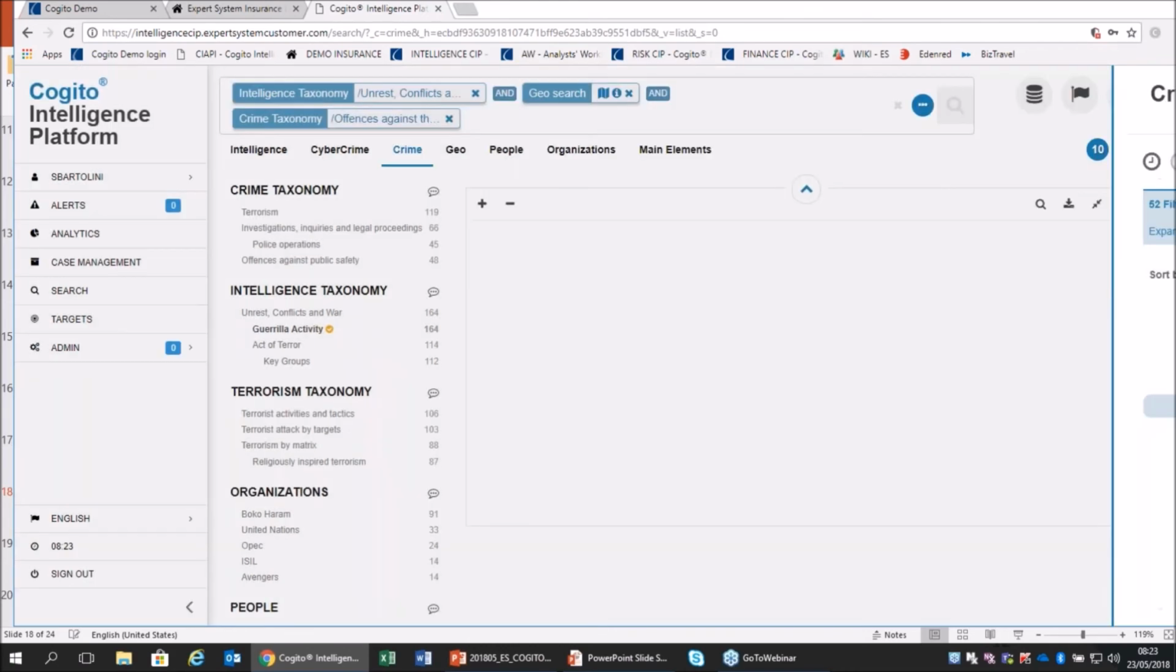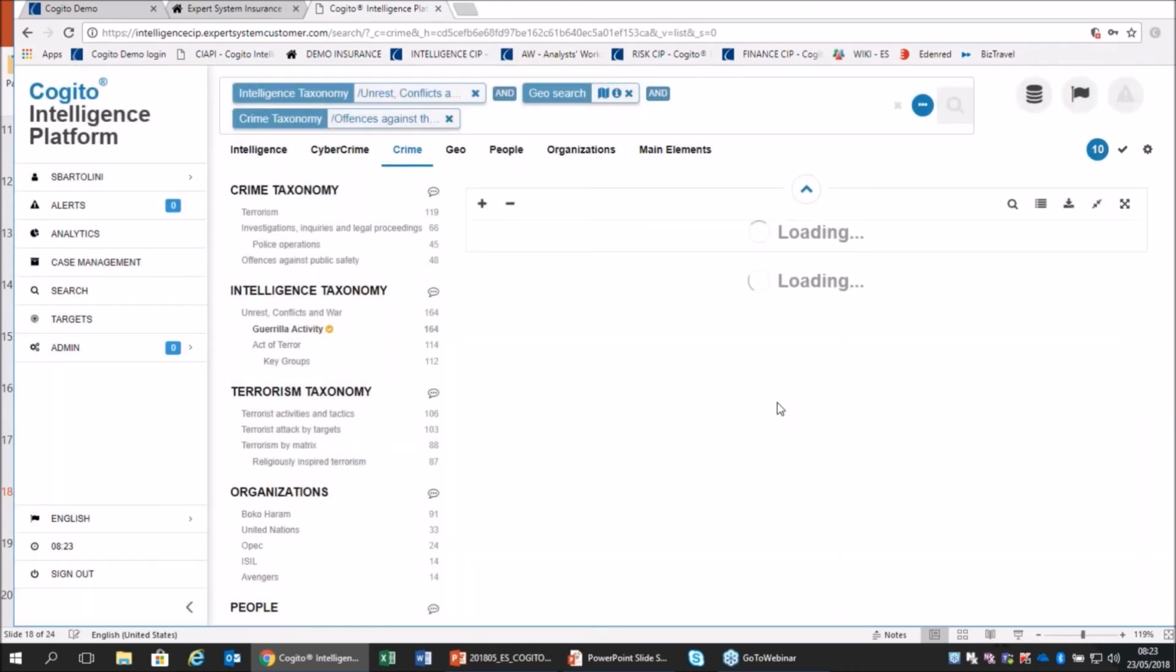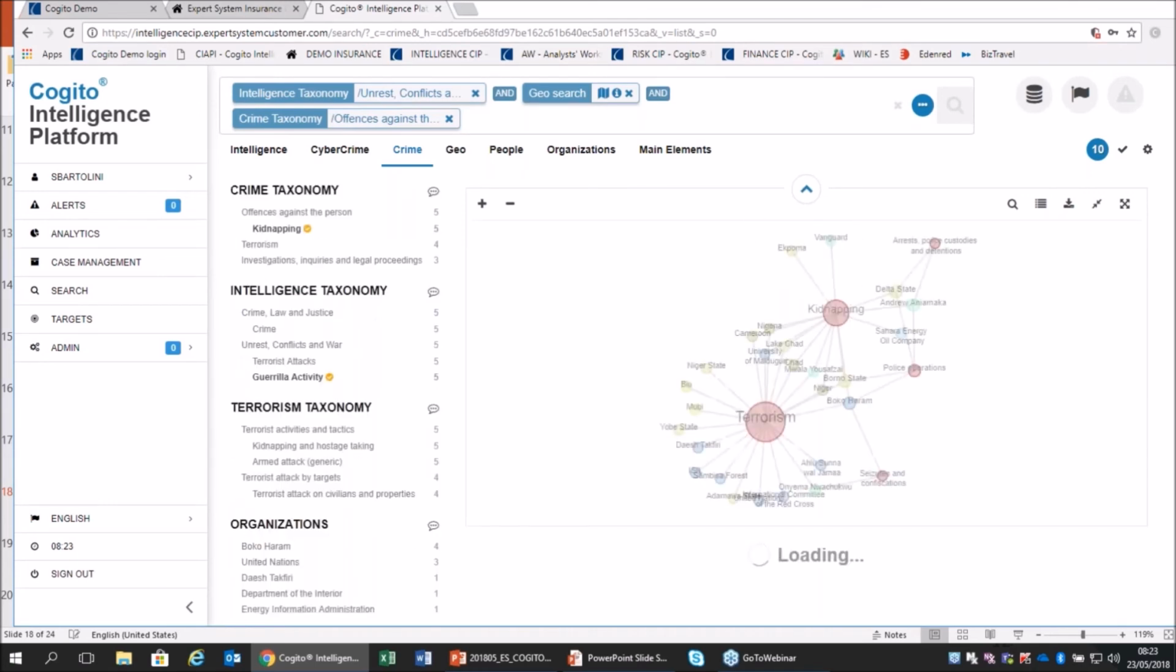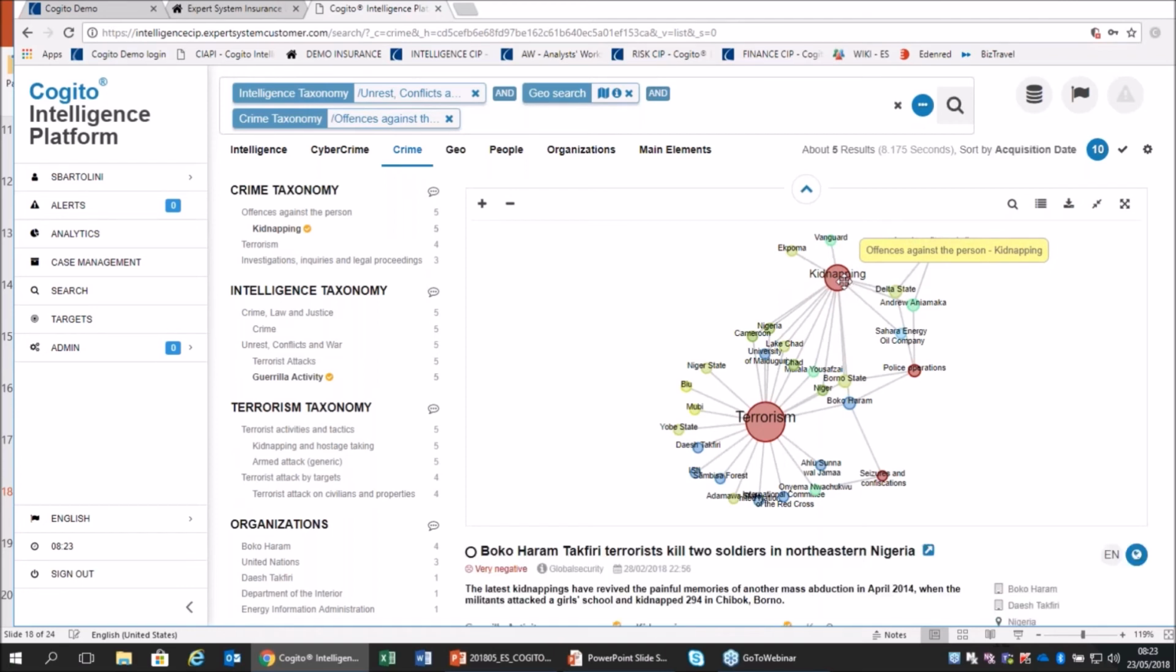So I select it, and what I can do now is explore the conceptual map. For example, here is my kidnapping, and I see that it's related to a Sarah Energy oil company. It's my competitor, but I want to know why it's related to kidnapping. So I select the connection,